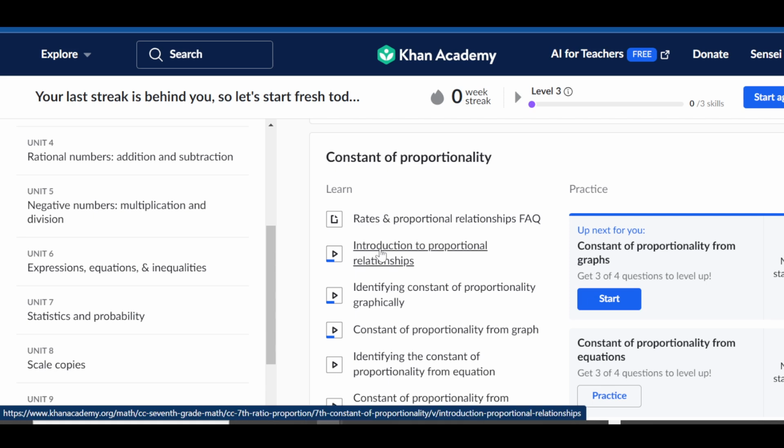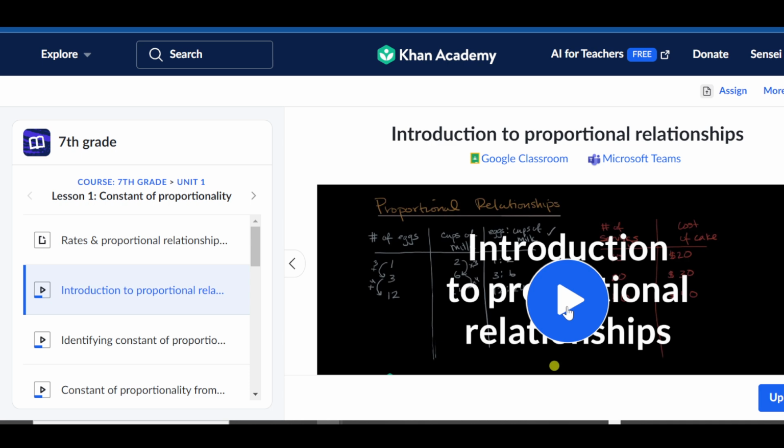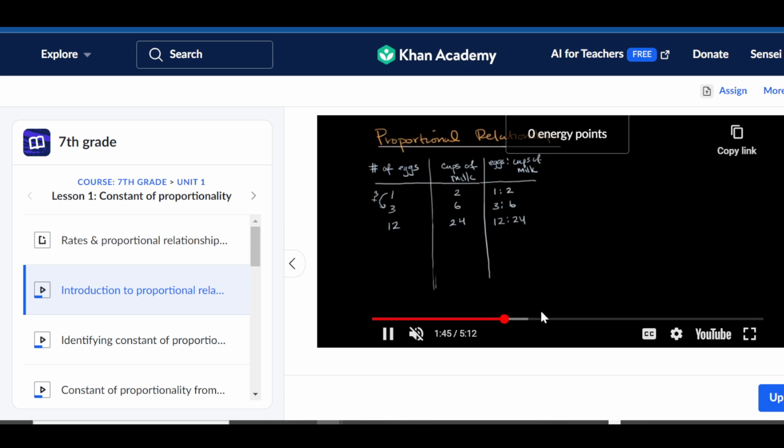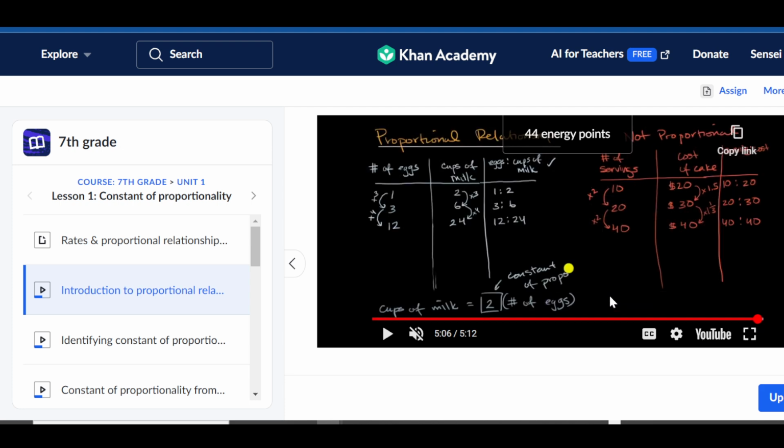This is Introduction to Proportions, and the video here. What we're going to do is skip to the very end of the video, and we're going to take our notes from there. So right here, right about at the end. Okay, so this is where we're going to take our notes,